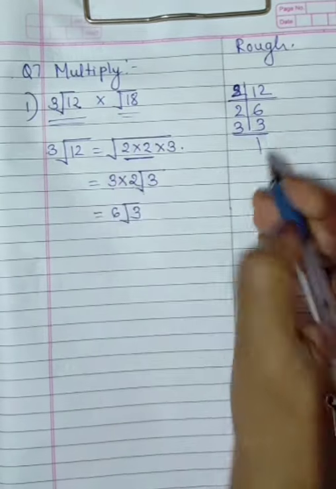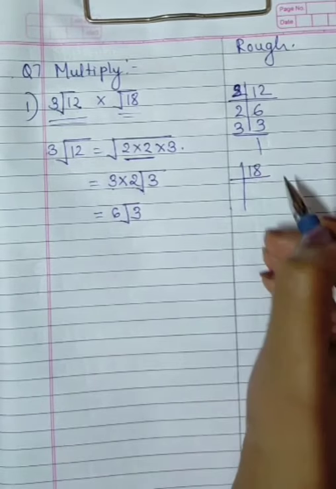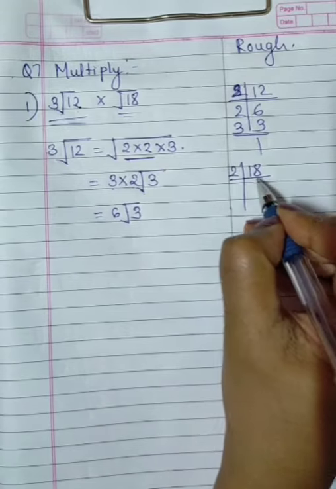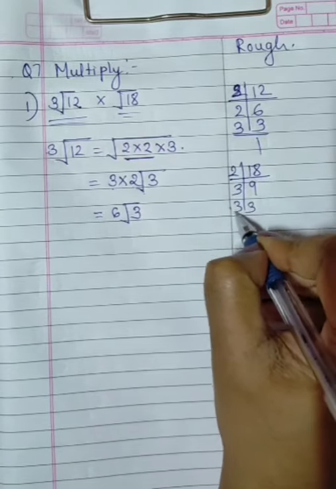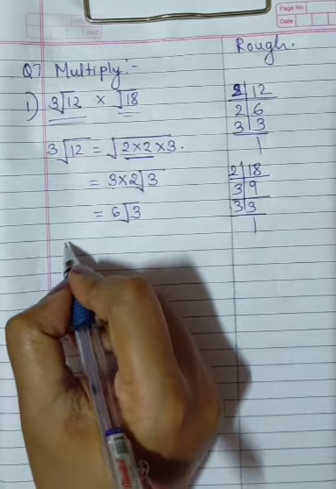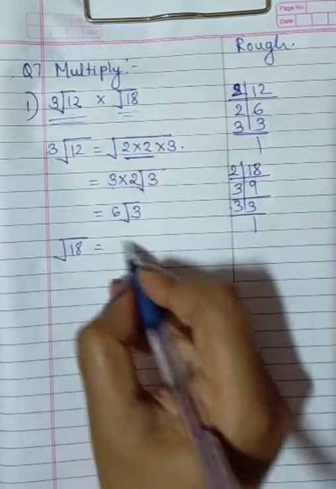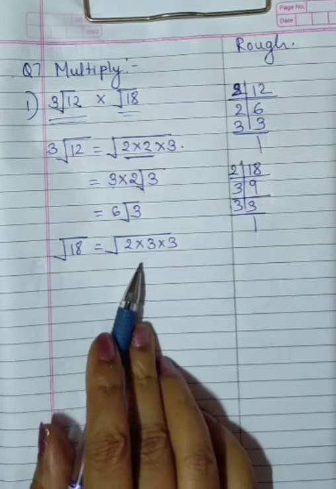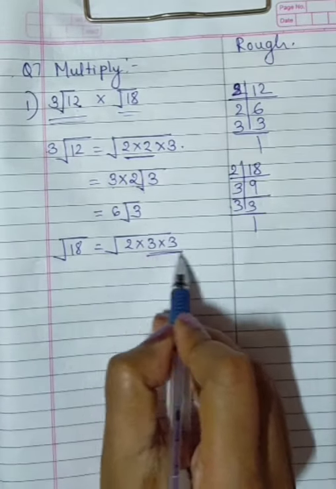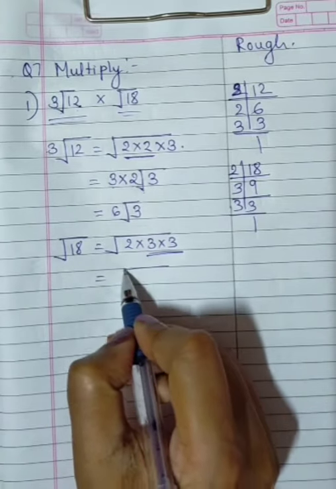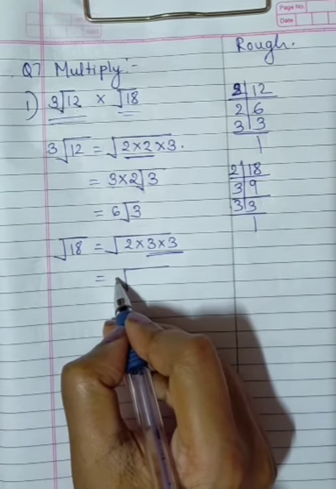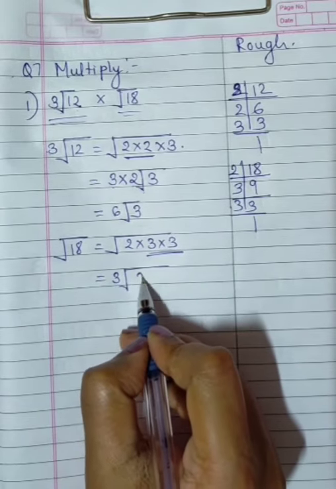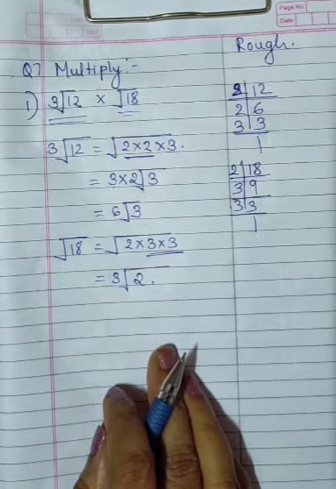Now we are going to solve this. As you can see, 18 is given. We have to find the factor of 18. Now here 2 9s are 18, 3 3s are 9, and 3 1s are 3. We got 18 is equal to square root 2 into 3 into 3. Now as you can see, here also we got a pair number, that is 3. So it also comes outside of the radical sign. So I am writing here 3, and 2 will stay inside.